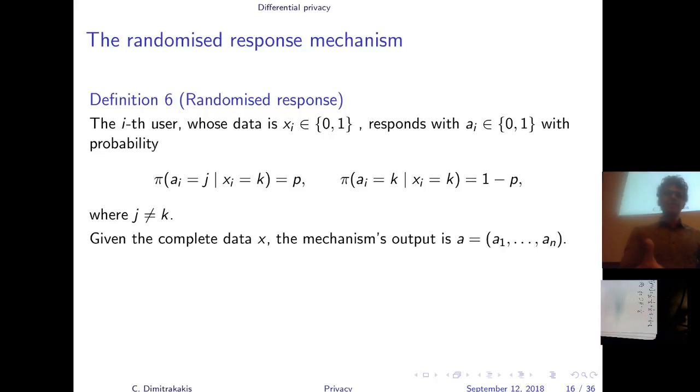Now if you think about the complete data, you have a lot of people, and each one of them is submitting their own response. So you have a vector of responses. So you have a database, like a noisy version of the original database. You could think about combining, let's say, the k-anonymity thing with this randomized data, if you like. It's still not completely nice because there are some things that are deterministic there. And this determinism is bad because there usually is some specific side information that an adversary can have,